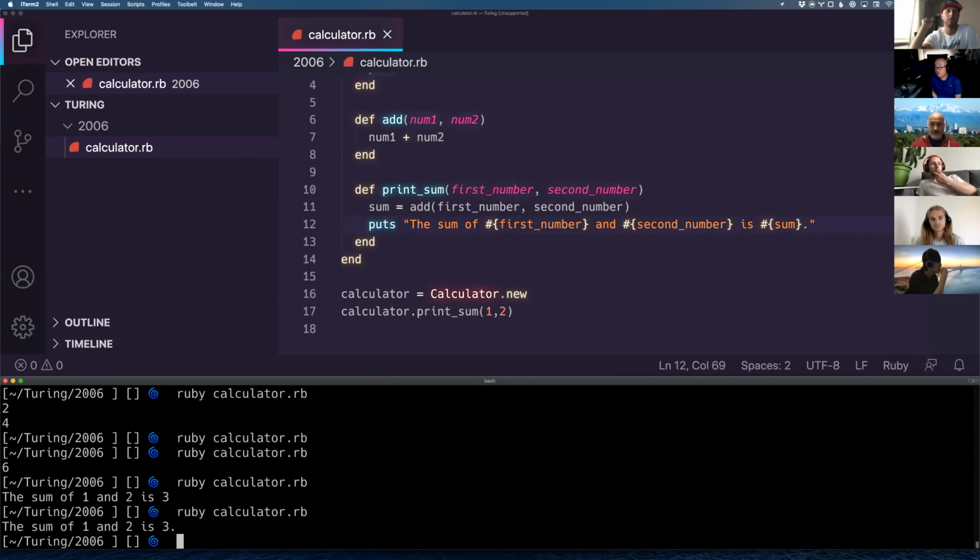Leah? Yeah, is there a reason why you named your parameters differently in the two methods, like num1 and first number? I generally do that to make sure that I don't get confused. Okay. Because if I change this to num1 num2 and I say to you num1 num2, it's like, which one am I referring to? Gotcha. Not very clear. You don't have to. It'll still work if I keep the same names, but